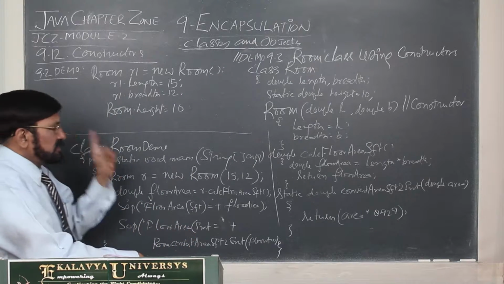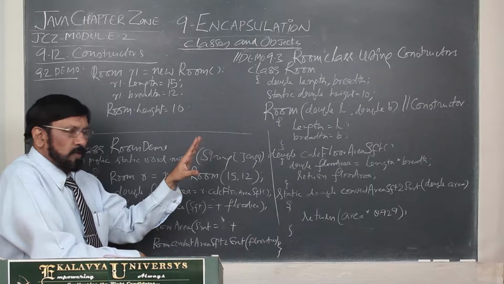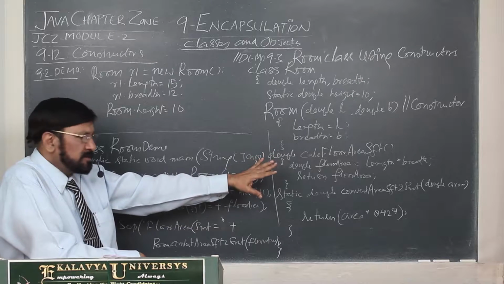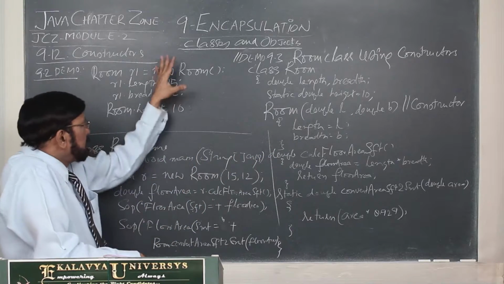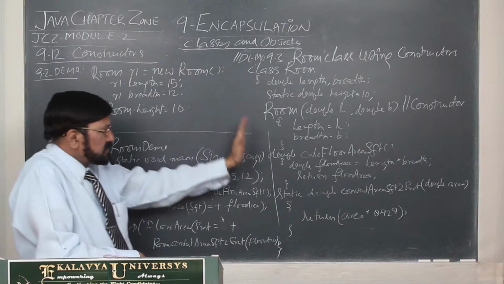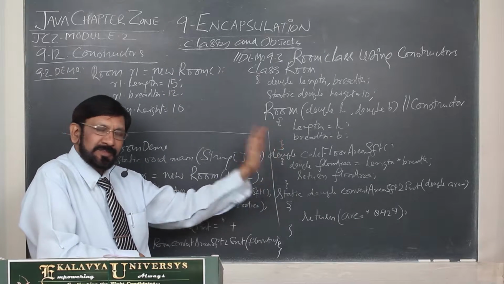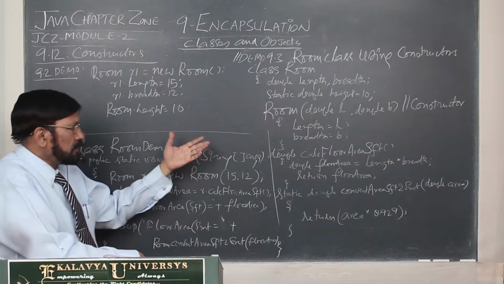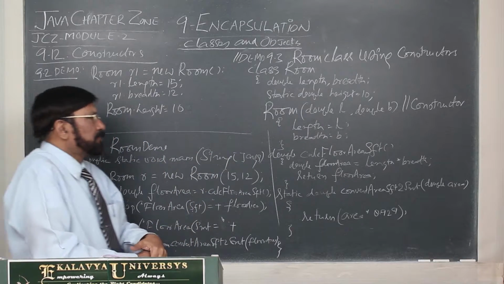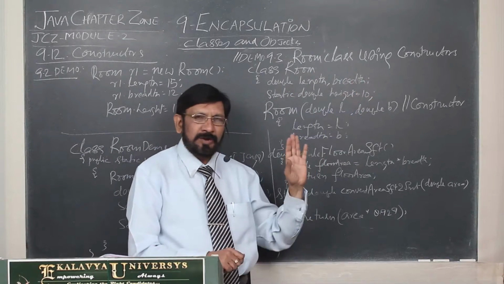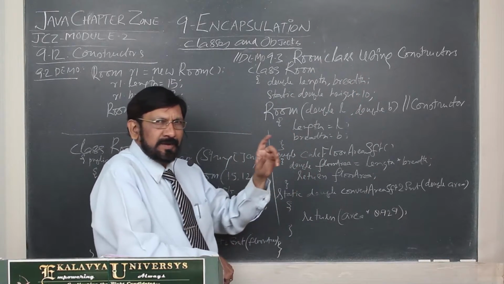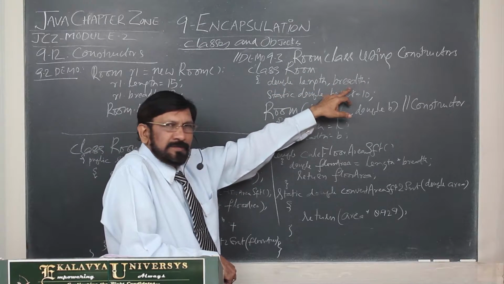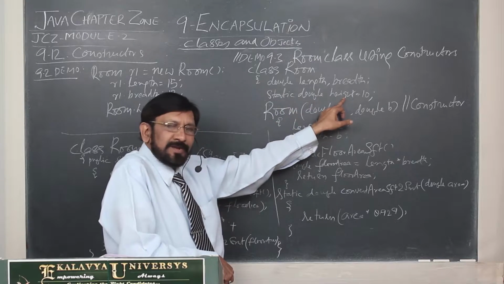Now, you see, this is actually the 9.2 program only, which I modified. So, before studying this program, keep the earlier code in mind and understand the modifications with reference to that. Then only you can understand the smartness of using constructors in our program. All these points I am not explaining because I have already explained in detail in the 9.2 demo. Here, double length and breadth are instance variables, and this is a static variable.